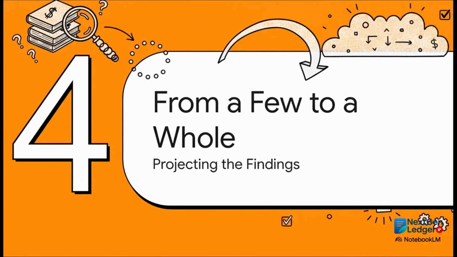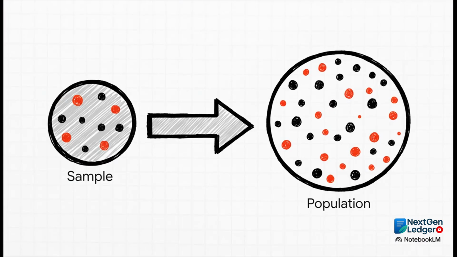All right, our investigator has gathered the clues. The auditor has tested the items in the sample. Now what? Well, this is where the real magic of sampling comes in, using what you found in that small group to make a conclusion about the entire population. Let's see how that's done. This is a step called projection. So if an auditor tests 100 invoices and finds, say, $200 in errors, they don't just stop there. They project that error rate across all the invoices. This gives them a smart estimate of the total misstatement they can expect in the entire population,